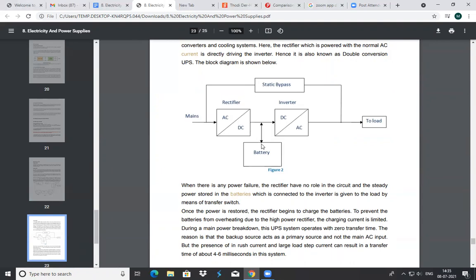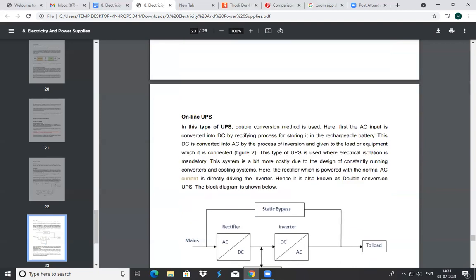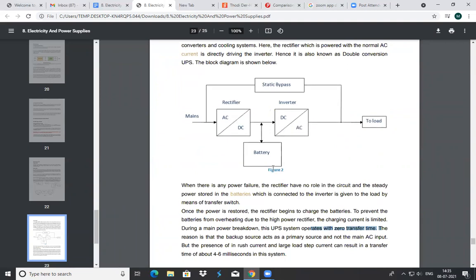There will be no conversion time or transfer switch time when the main fails. So we can say it has zero transfer time from switching from the main power line to the UPS line. That is a benefit of using an online UPS.